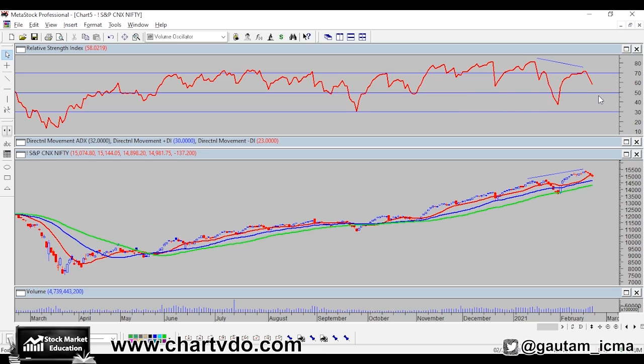In coming days, if this is violated, mind it, we are already into 4 days of downtrend and the indicator has still not reached the equilibrium line. So there is some hope for the bulls from this particular indicator. Let us see how it unfolds itself in coming days. Certainly, the equilibrium line will be watched out for on an intermediate term time scale.